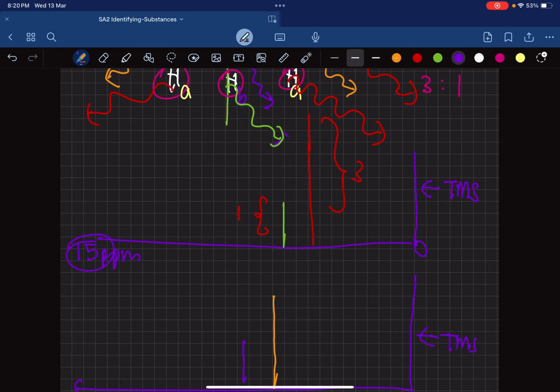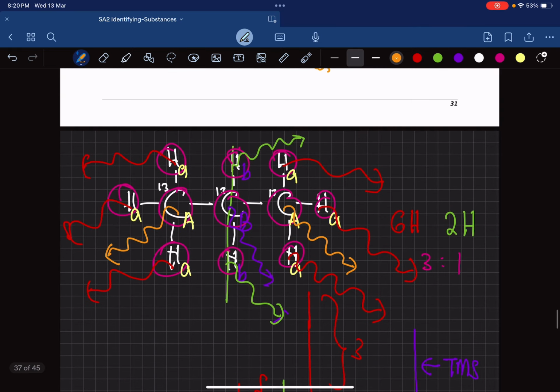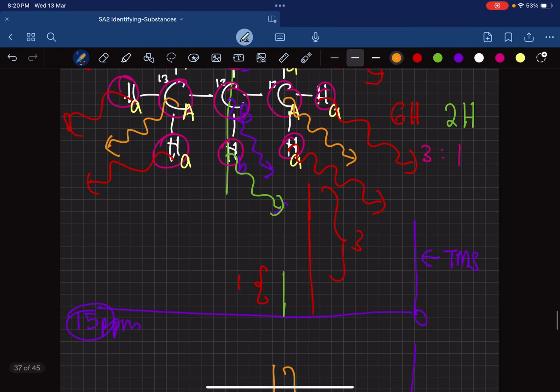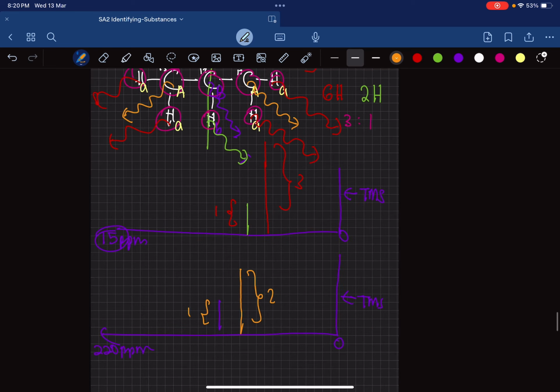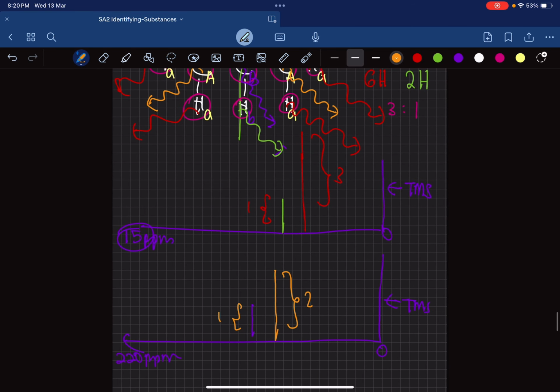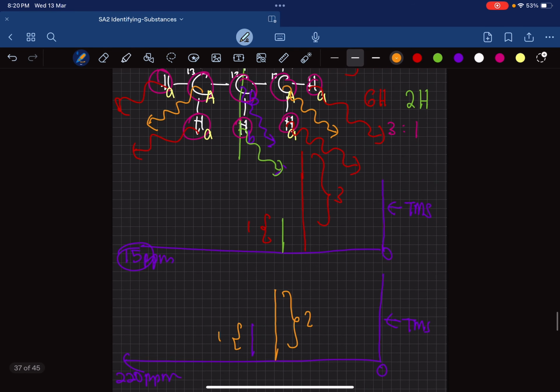The height ratio will be 2 to 1. Why? Because there are 2 of the A carbons and 1 of the B carbon. So the signal will appear something like this. This is how we are able to read the signals for